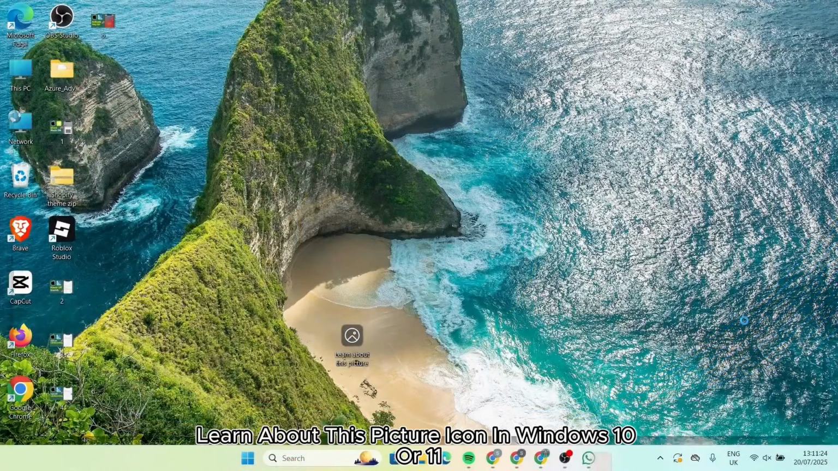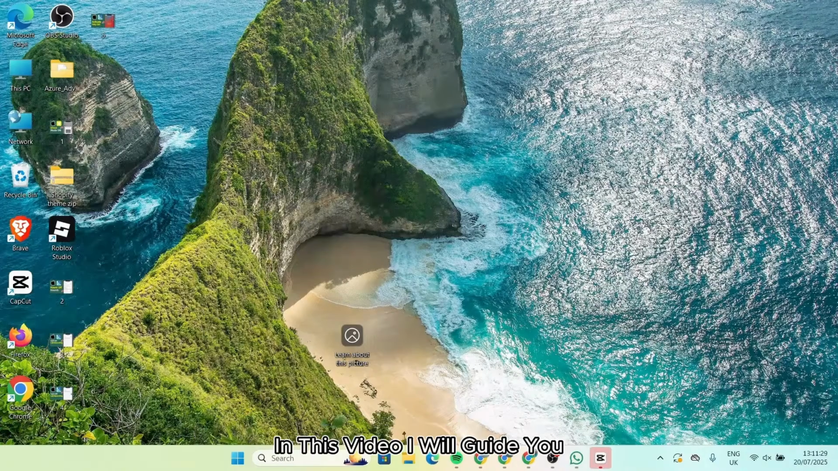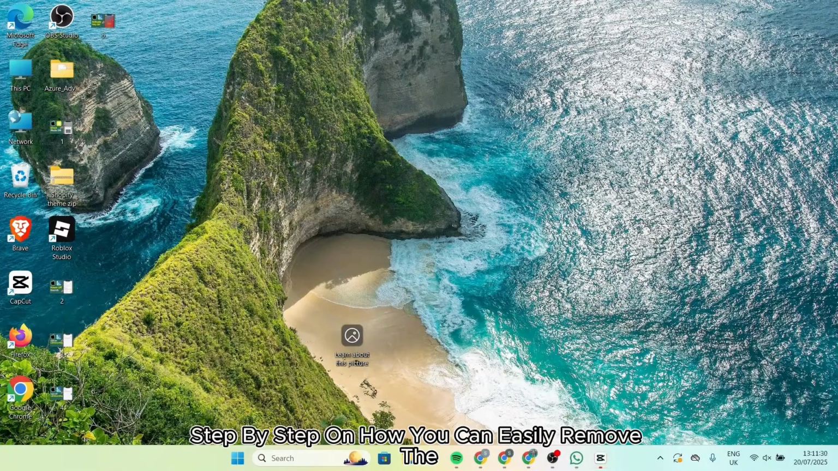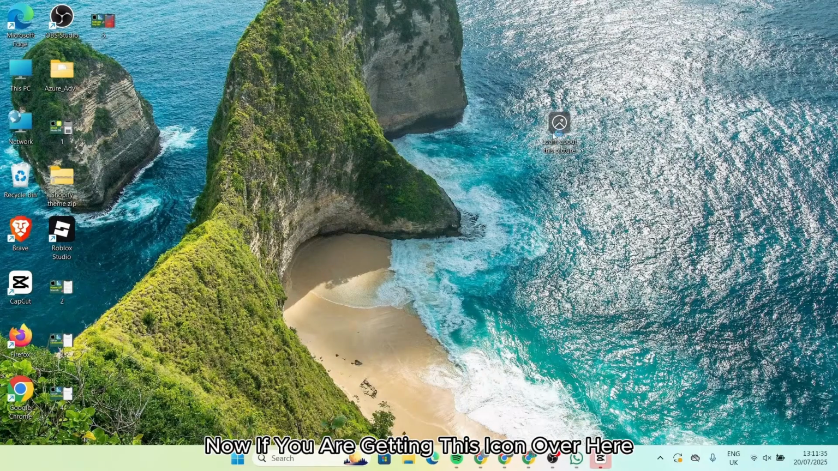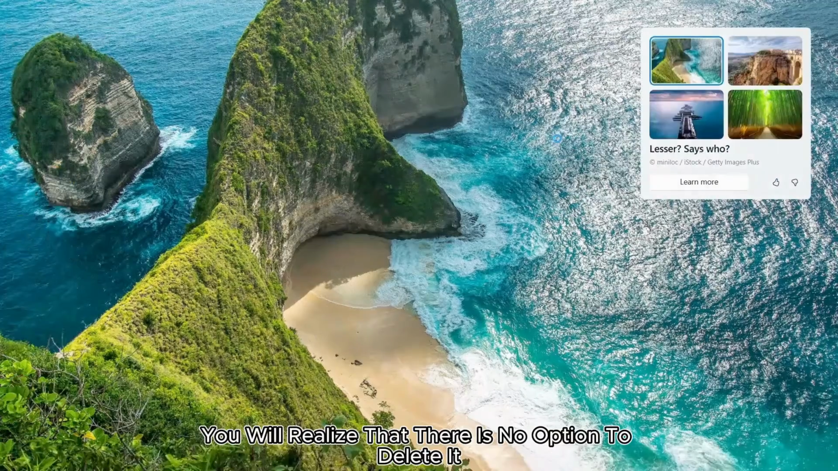Want to learn about this picture icon in Windows 10 or 11? In this video, I will guide you step by step on how you can easily remove the learn about this picture icon. Now, if you're getting this icon over here, you will realize that there is no option to delete